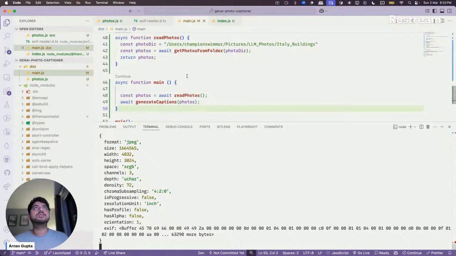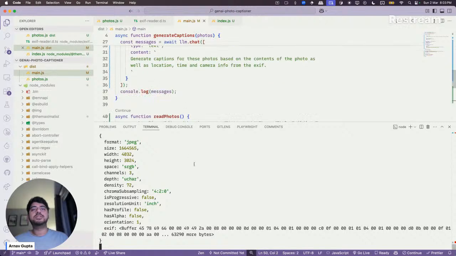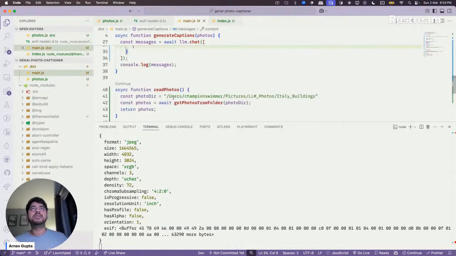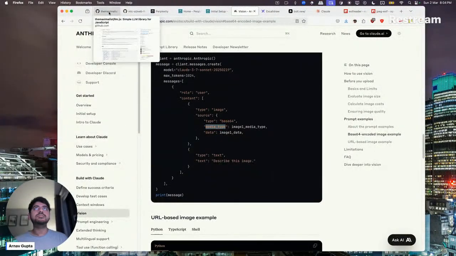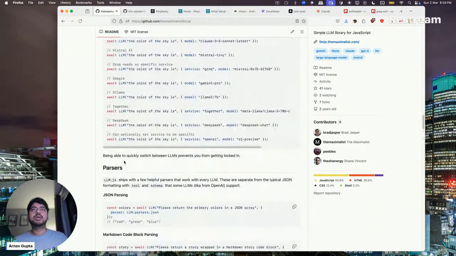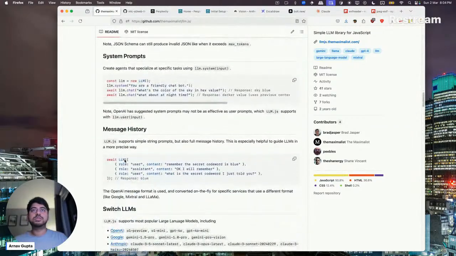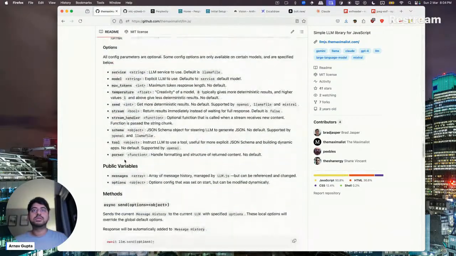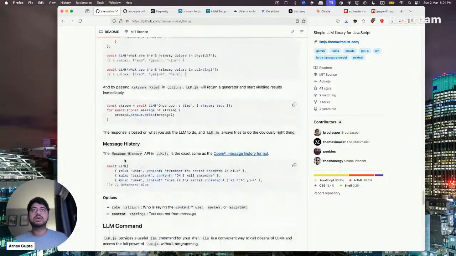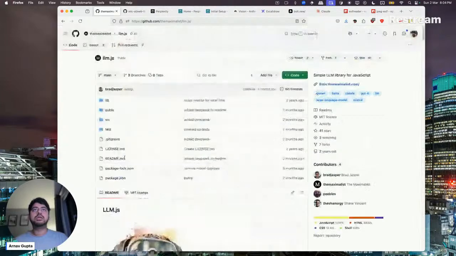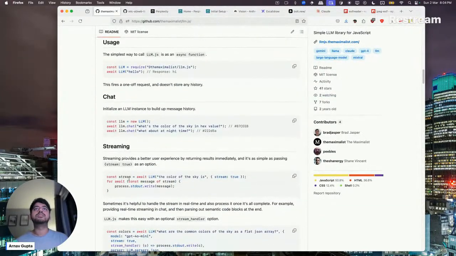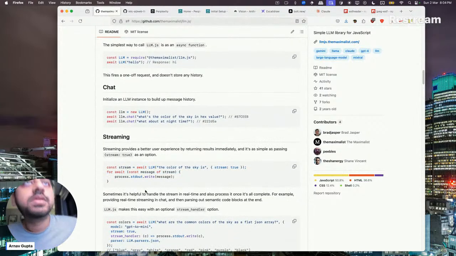So this waits for a while. This is not a streaming response one. This waits for all the output and then it will generate it. But we can also make it streaming if we want to. I think it has options on how to do that. Yeah, so you can do stream and then you can print it like this. So that's also possible. Let me try that.